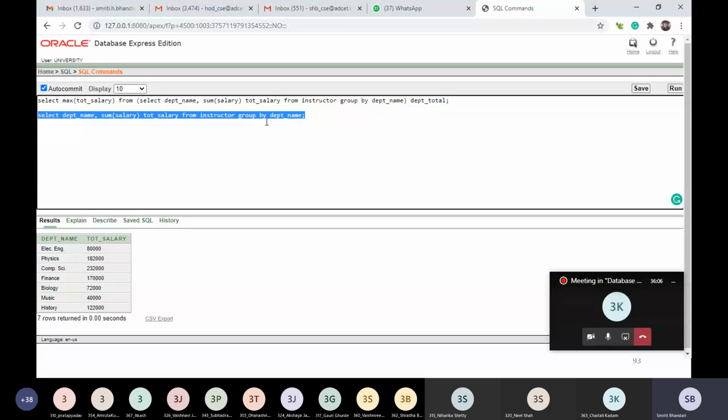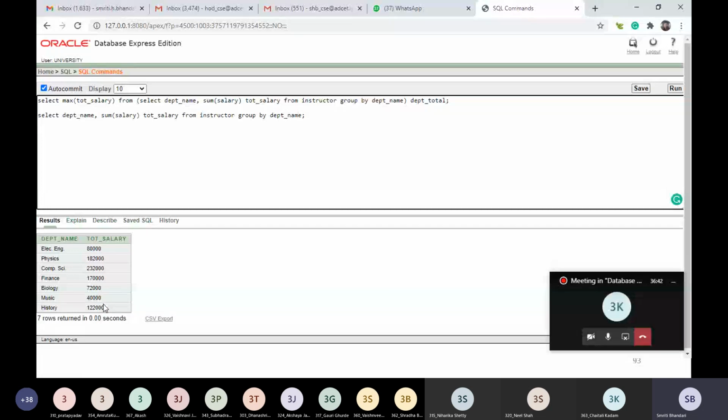What we need to do is equate this total salary with the maximum salary, and show that department name. So we need to once again make use of this statement, which is providing us department-wise total salaries.